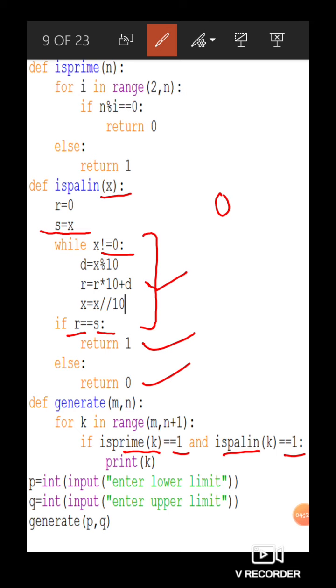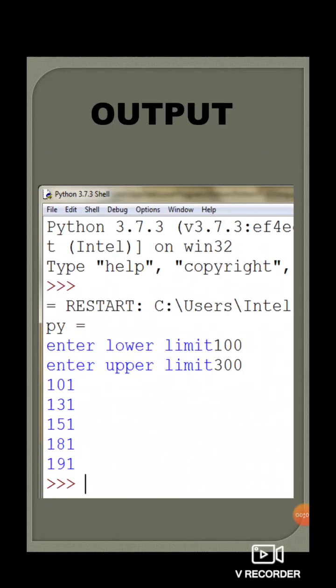So if it is found prime as well as palindrome, then this k will be printed, and this is what was required in the question, that you have to print all the numbers between start and end only if they are prime as well as palindrome. Clear? So this is how we are going to do this program.